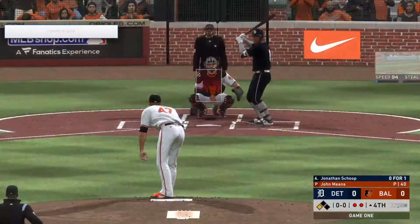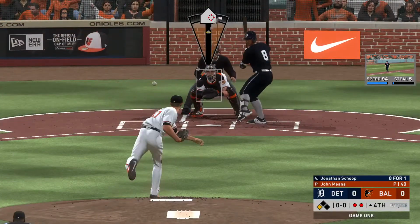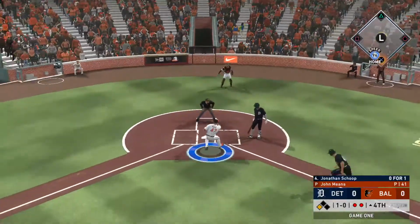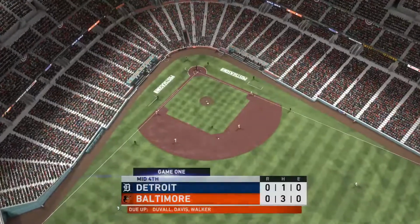The batter, number 8. So here's the cleanup hitter, Jonathan Scope. He's 0 for 1 after grounding out in his only trip to the plate so far. And a slider bounces, and that'll get on by. The tag, and he is out at the plate. So much for...